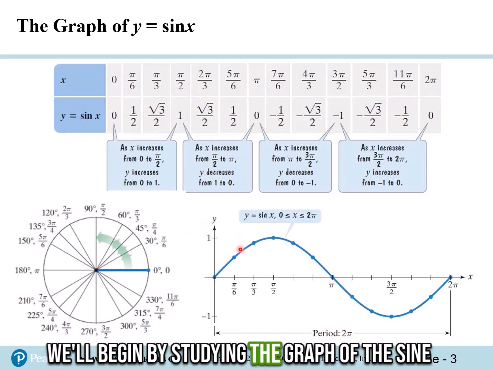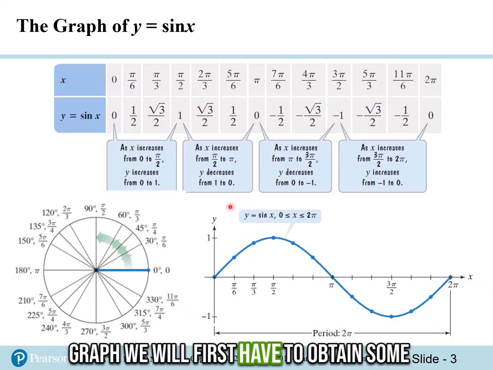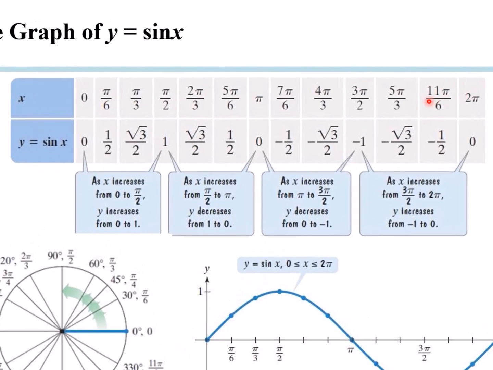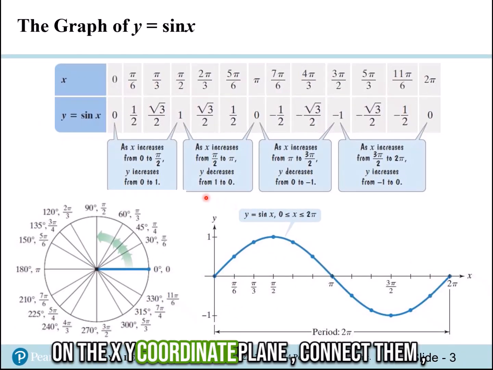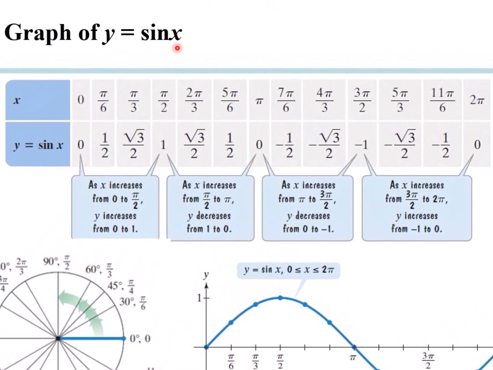We'll begin by studying the graph of the sine function first. As with drawing any other graph, we will first have to obtain some points using the different x values, plugging those into our sine function, and then obtaining some y values, which will give us a bunch of xy coordinate pairs. And once we have those values, we are going to plot them on the xy coordinate plane, connect them, and obtain our graph. Here on this table, they have chosen x values between 0 radians and 2 pi radians,